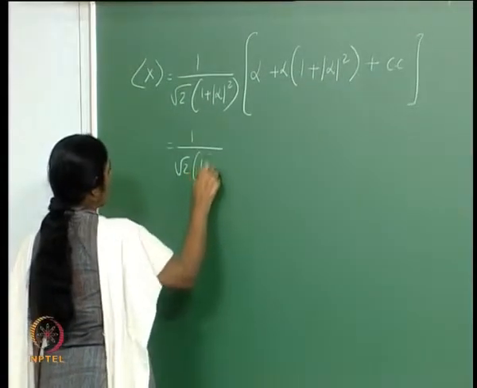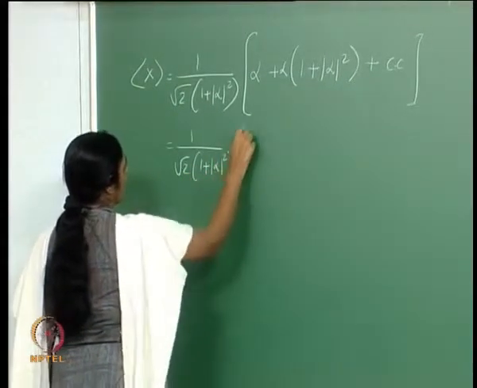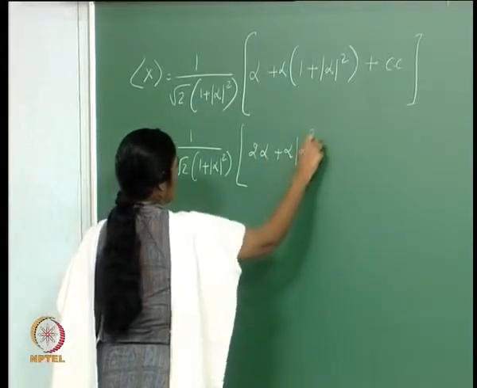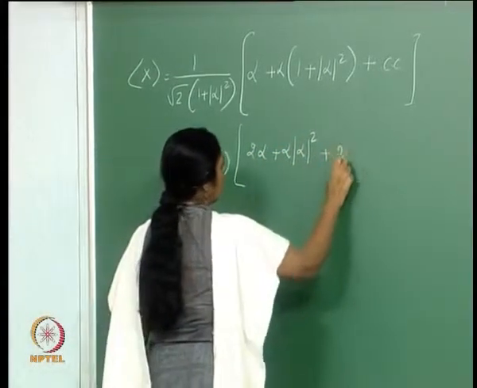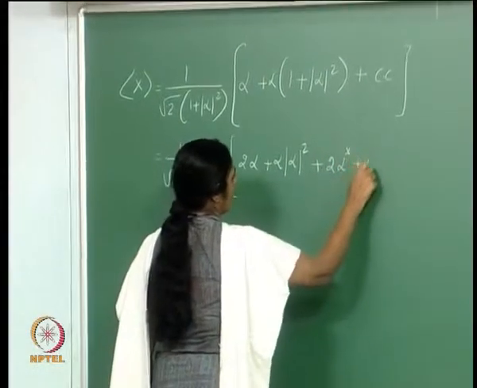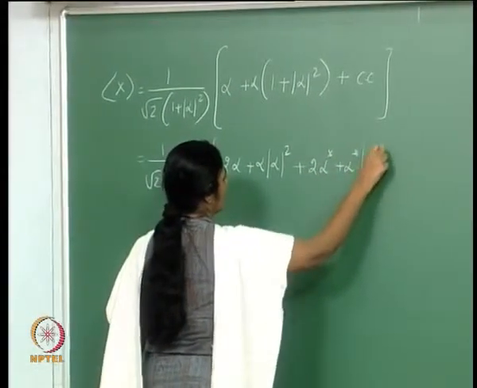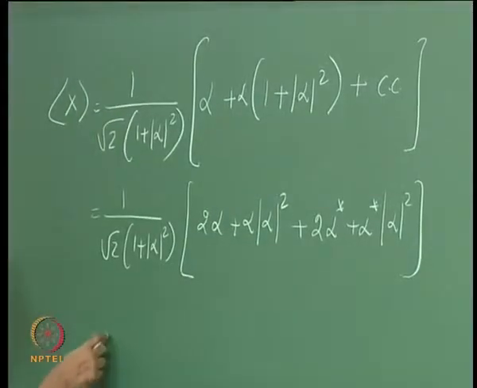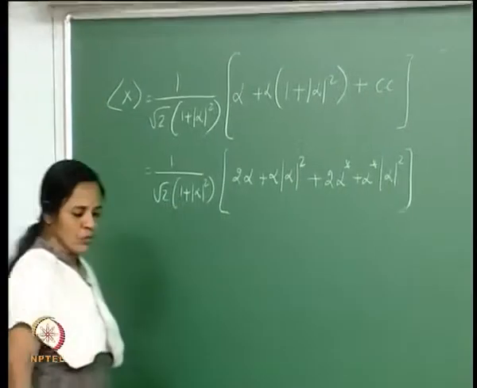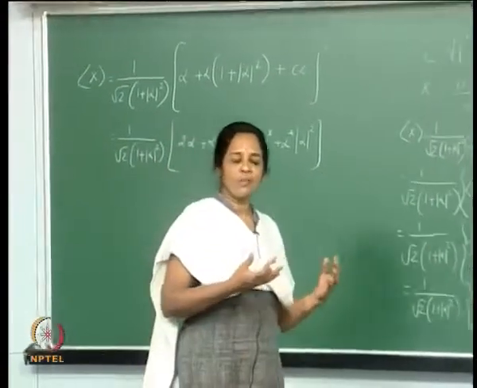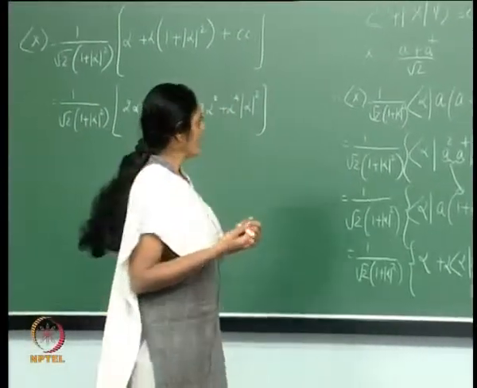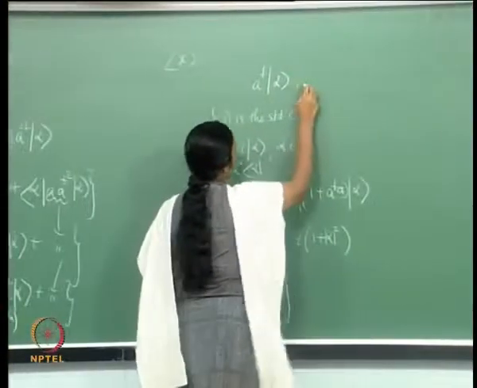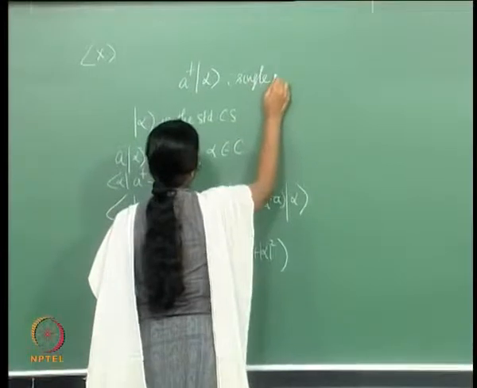So, basically I can now simplify and write this as 2 alpha plus alpha mod alpha squared, and from there 2 alpha star plus alpha star mod alpha squared. This can be further simplified. I leave it to you to put this in a better form and realize that A dagger on ket alpha, the single photon added coherent state,